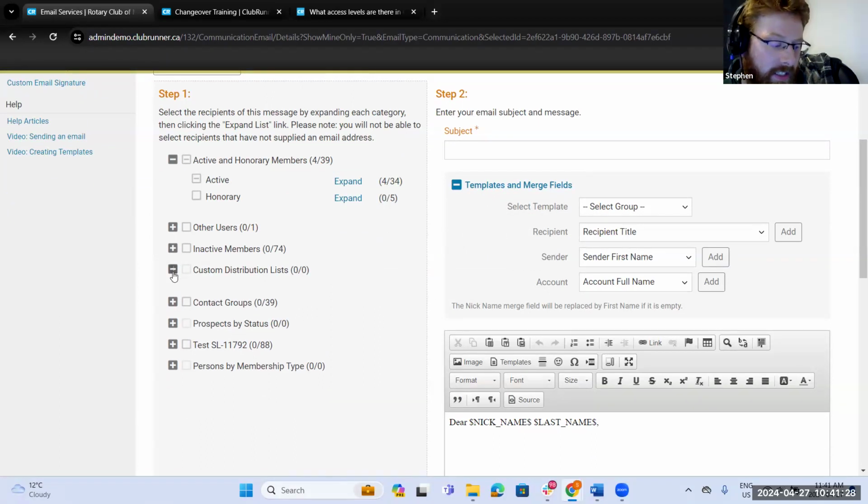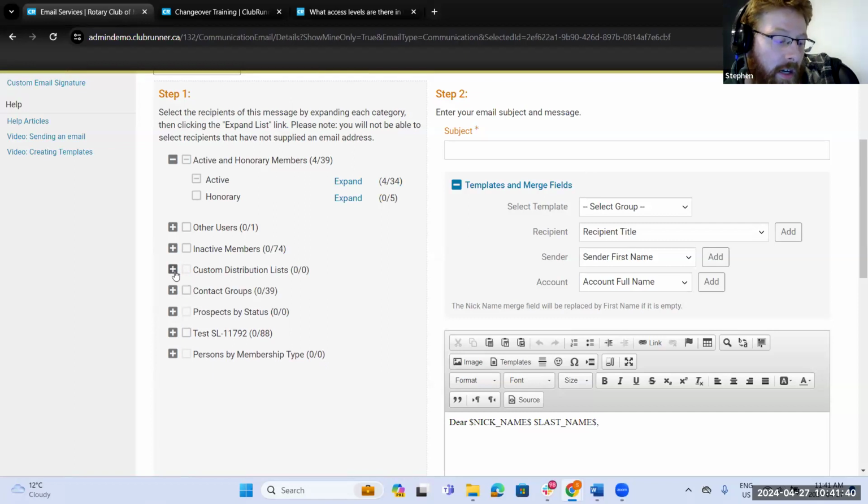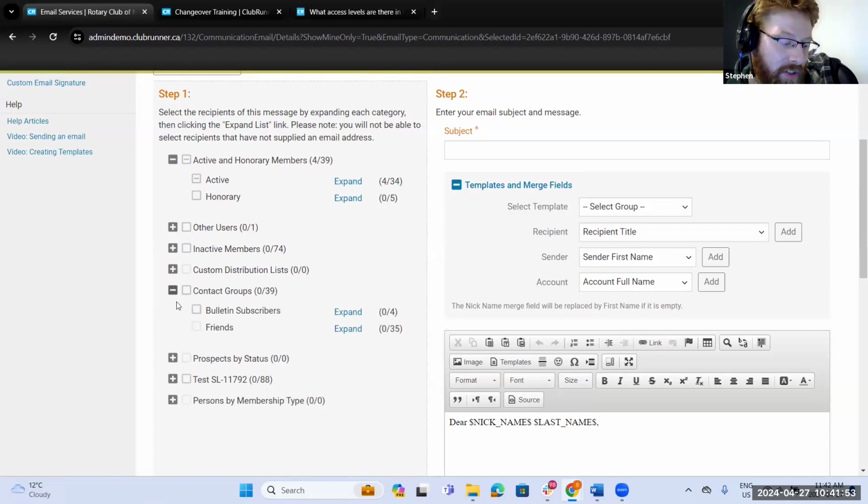Custom distribution lists. This might be any distribution lists that are created by the club. Only members can be added to distribution lists. But then we have contact groups where anybody can be added as a contact. They don't have to be a member of the club. It could be your next door neighbor who isn't part of the club. You can add them if you wanted to as well, but these will show any contact groups that the club